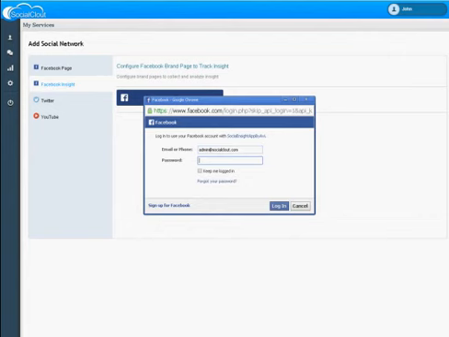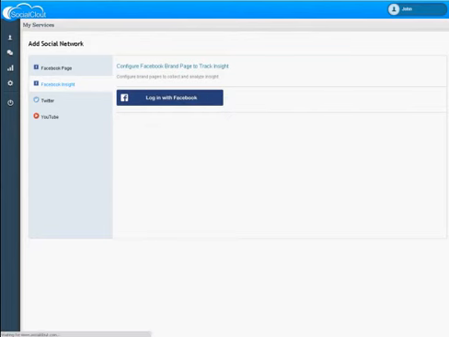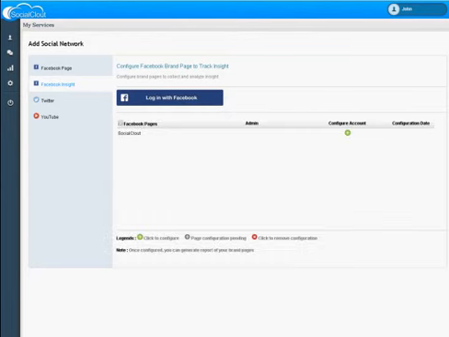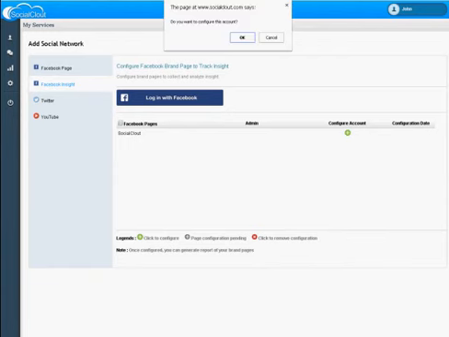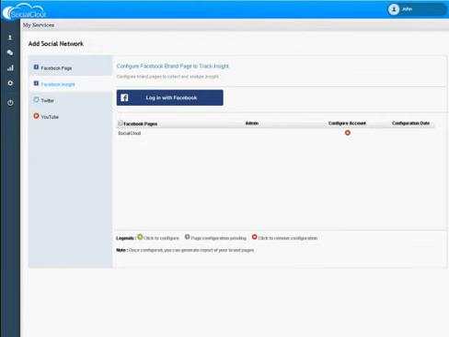Once you have configured your Facebook page, you can monitor the activities in the engagement workflow and generate insightful reports for this Facebook page. You can learn about the engagement workflow and the reporting in our other videos. If you want to generate Facebook Insight reports for your pages, you will have to configure them too.